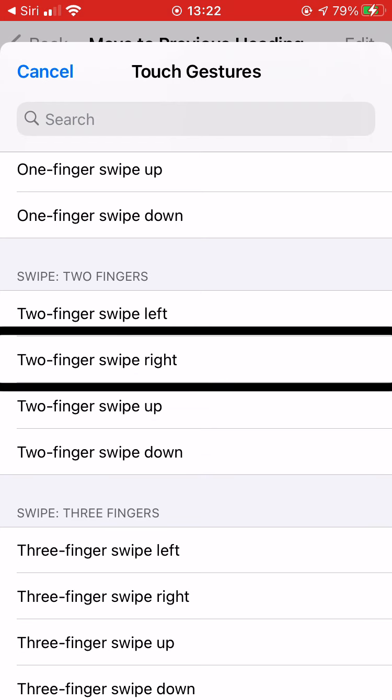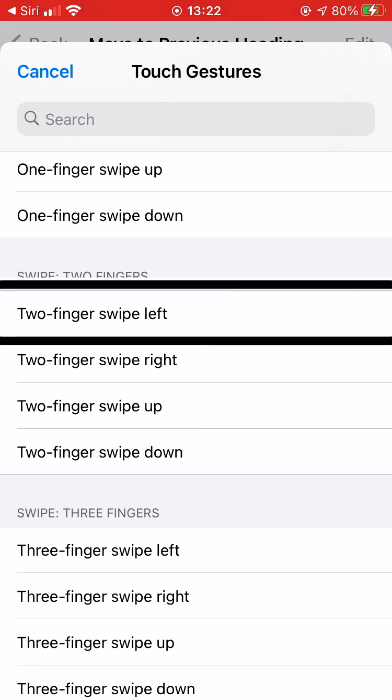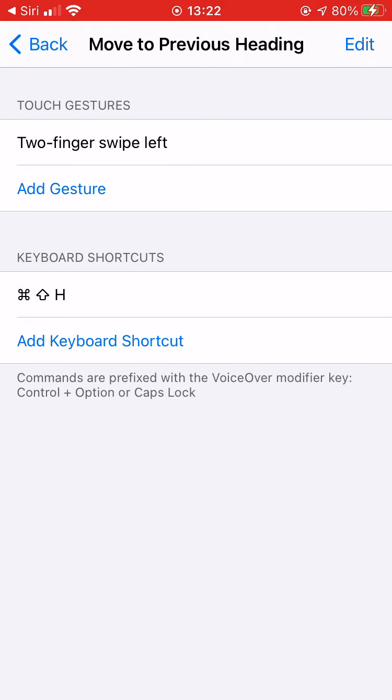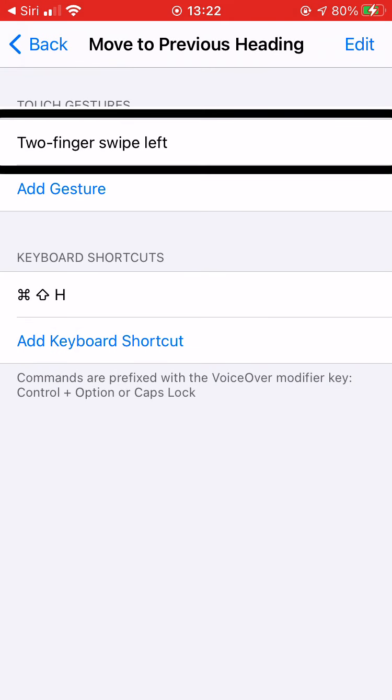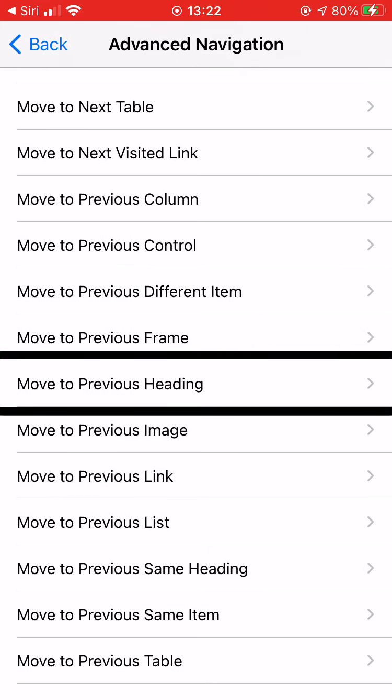2-finger swipe right. Gone too far now. 2-finger swipe left. Add gesture. Button. Move to previous heading. Button. And this is where it becomes really useful, because now if I want to add another gesture,